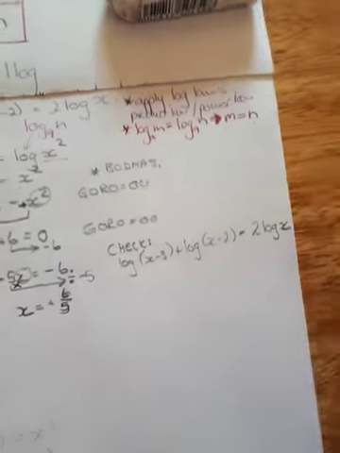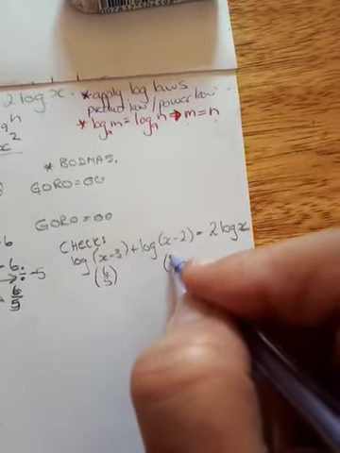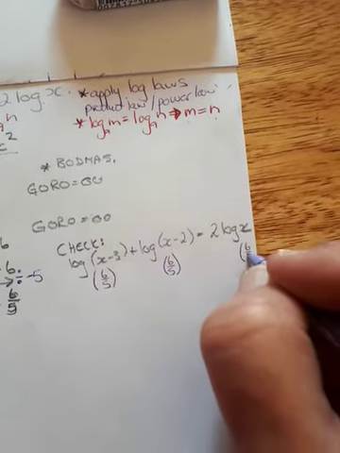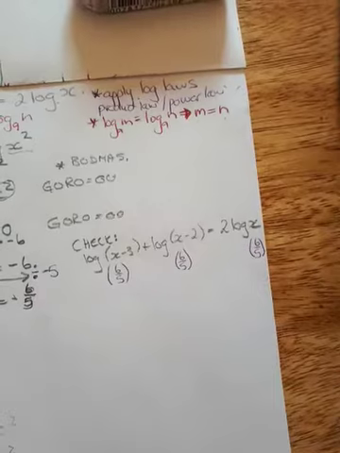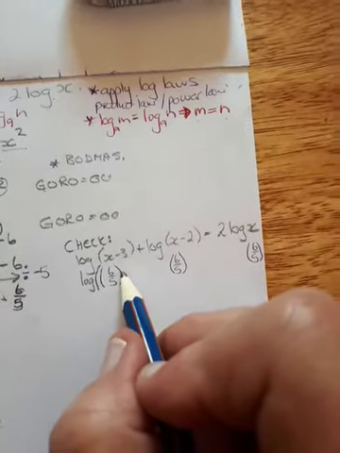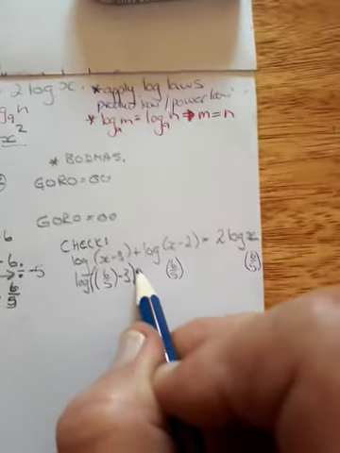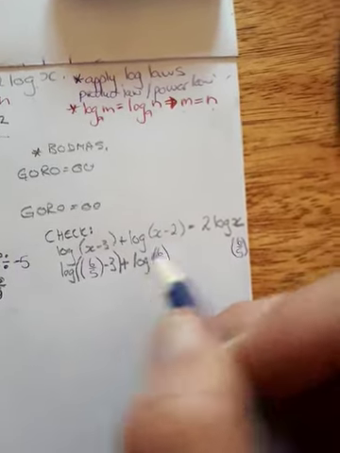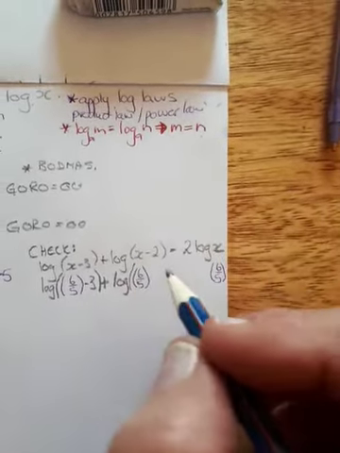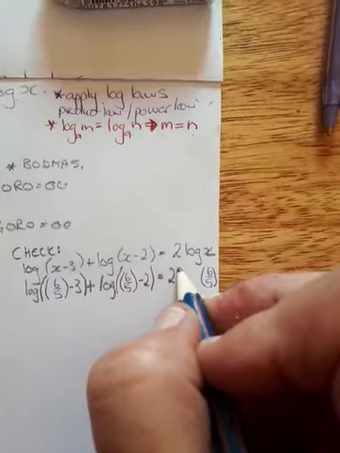Therefore, in the place of each x, put 6/5. Furthermore, you take down everything. Log, open bracket, then the x is substituted with 6/5, minus 3, close bracket, plus, take down the log, open bracket, the x is substituted with 6/5, minus 2, close bracket, equals 2 log